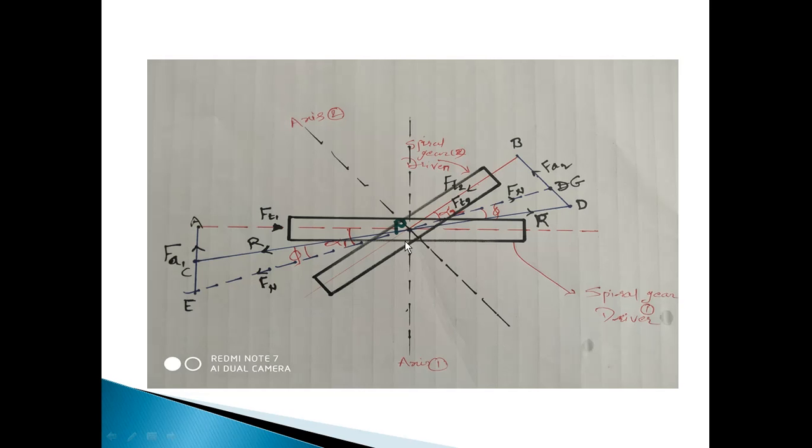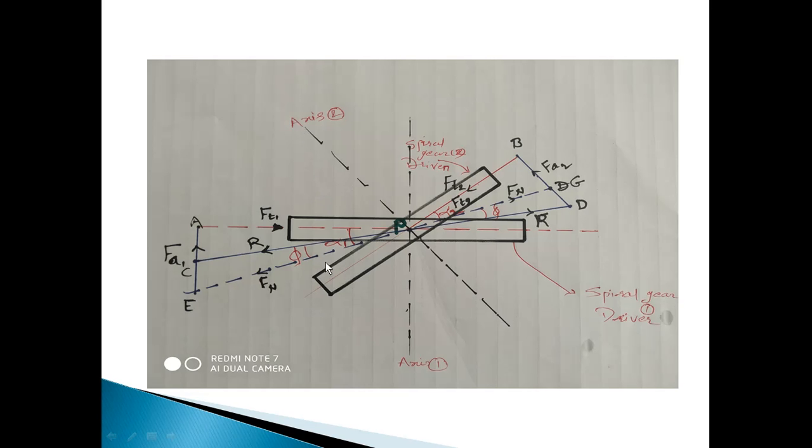Now for gear number 1, perpendicular to the shaft, perpendicular to this gear, this is axis number 1. This is axis number 2. You can see the gears are at a certain distance from each other, so they are not parallel and also not intersecting. From another view you can see that, this is shaft axis number 1, this is shaft axis number 2.